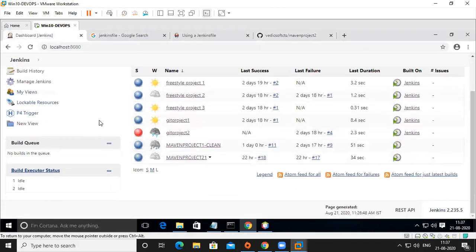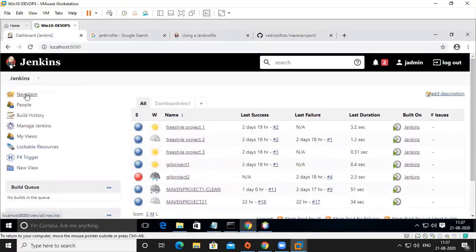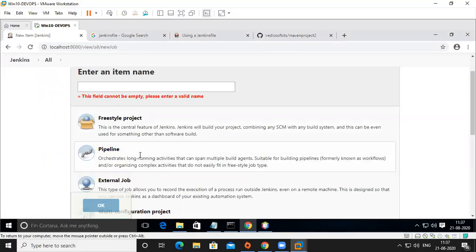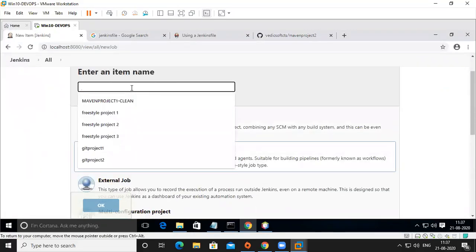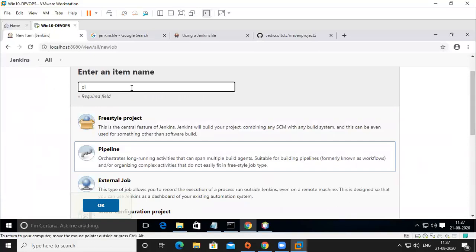Here I'm going to create a new project. Pipeline only, I'm not giving anything else. Pipeline project with Jenkinsfile, like for understanding, our pipeline project one with Jenkinsfile.